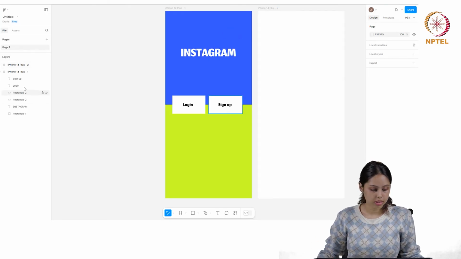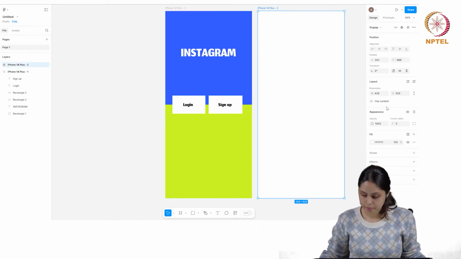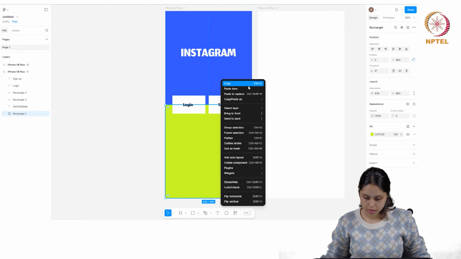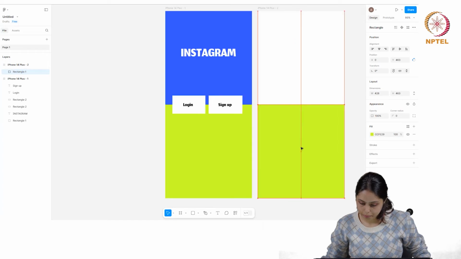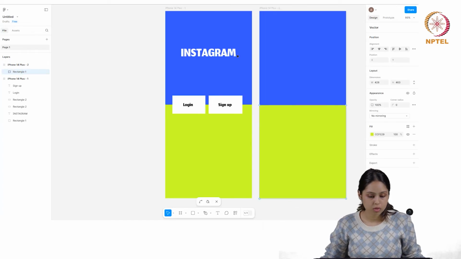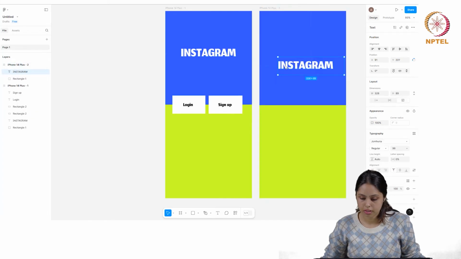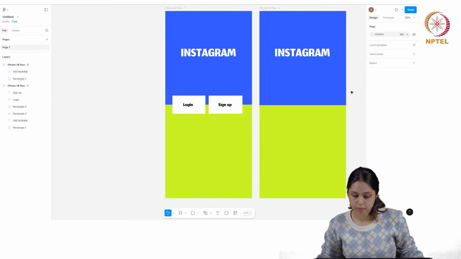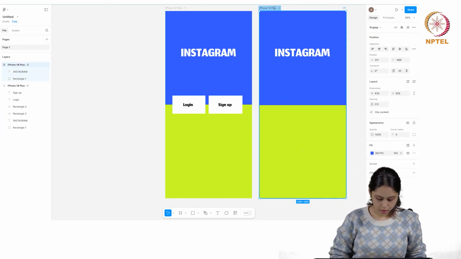Now we'll just copy the design that we had here to here. We can actually just duplicate this. Okay, let's take one more rectangle, right? We can just copy it from here and then just paste here. And then we can also copy this text box from here. Okay, copy, and then we can just paste it here. We can position it the same way that we did the earlier one. Okay. So now basically let's just change the name of this frame to login page for our ease.